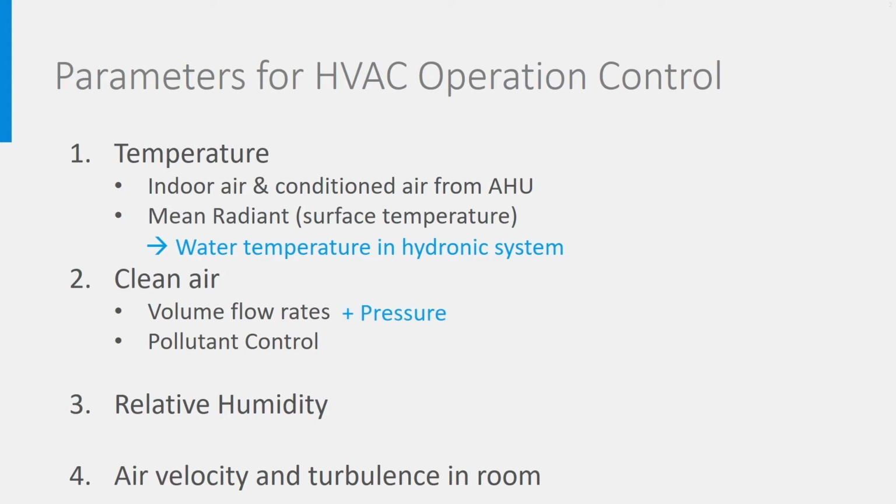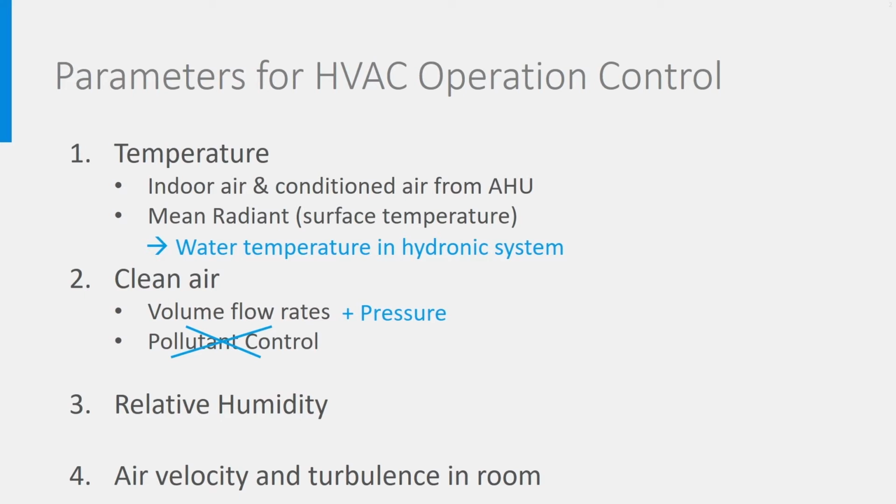As it comes to pollutant control, we will not handle it here. We saw in other part of the course that there are methods like source control by using the right materials, filters, UV cleaning, etc. We now just consider that enough volume flow rate is helping with pollutant control, and we don't address it as such. Third, in many climates, we also need to control indoor air relative humidity. And finally, remember the importance of air velocity and turbulence for the thermal comfort in rooms. This must be controlled as well.